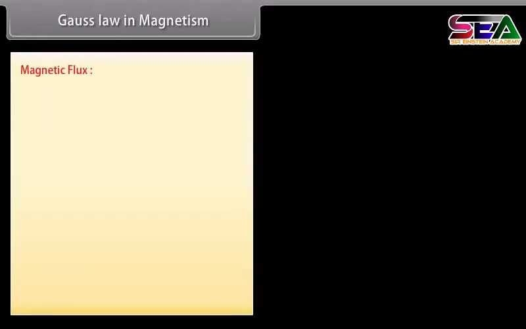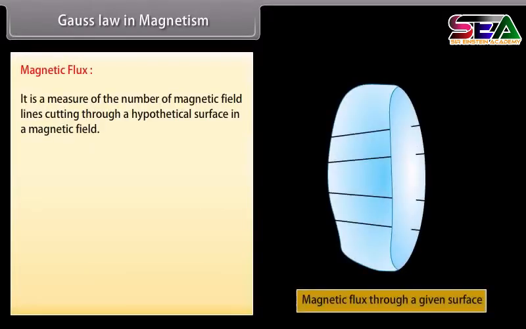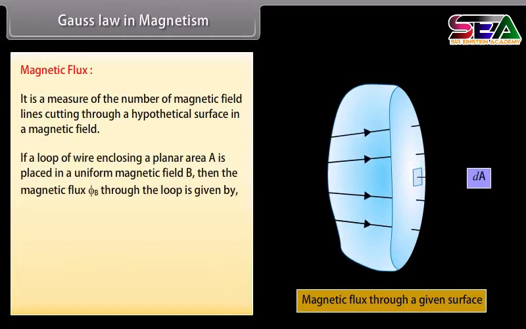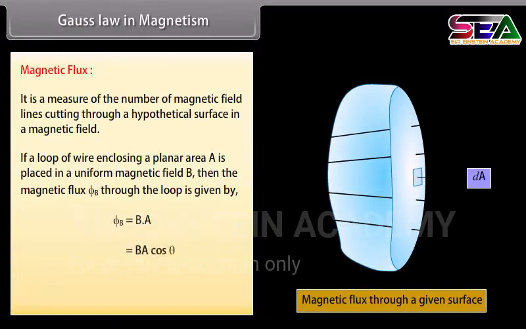Gauss's law in magnetism. Magnetic flux. It is a measure of the number of magnetic field lines cutting through a hypothetical surface in a magnetic field. If a loop of wire enclosing a planar area A is placed in a uniform magnetic field B, then the magnetic flux phi B through the loop is given by the dot product of B and A,